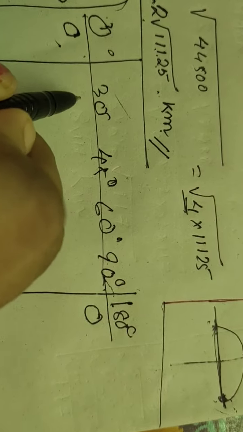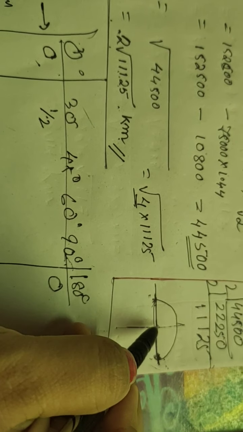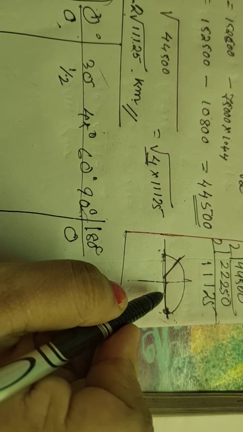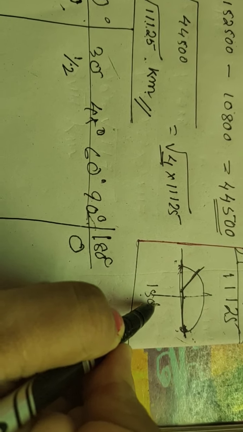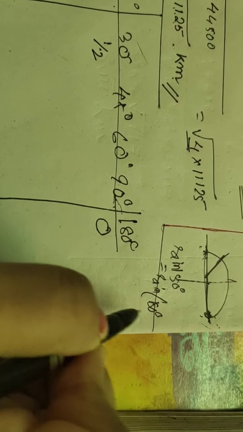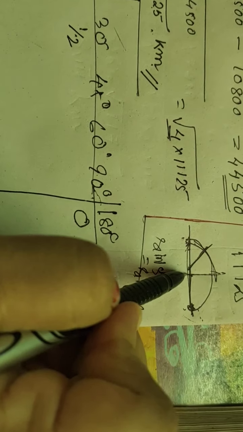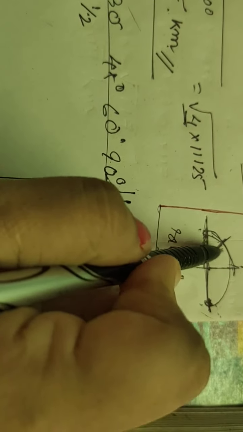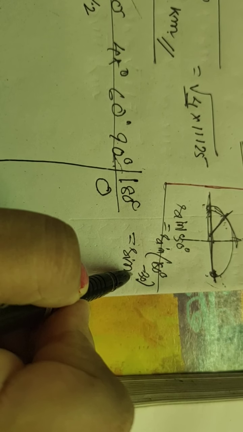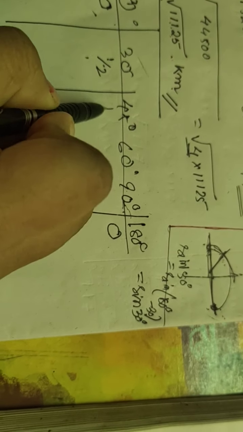Now sine 30 degree is what? It is 1 by 2. Let us take another angle, 150 degree, sine theta. Sine 150 is also 1 by 2. Why? Because sine 150 degree we can write as sine of 180 degree minus 30 degree. Since 90 to 180 is the second quadrant, and the second quadrant is the domain where sine theta is positive, ultimately we get the value of sine 150 as only sine 30 degree. So we get the same value, and a similar thing keeps on happening.